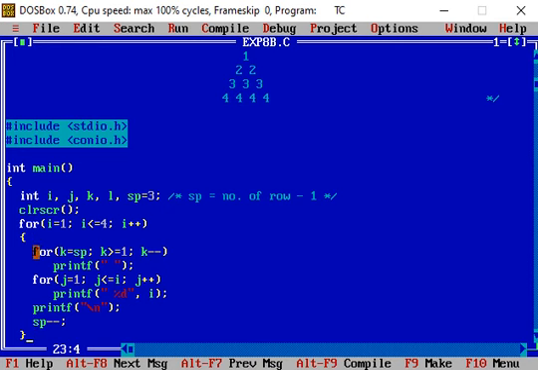So here again we find the for loop with k equal to sp. This time the value of sp is 2.